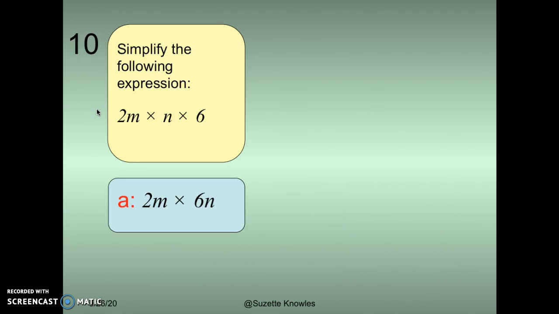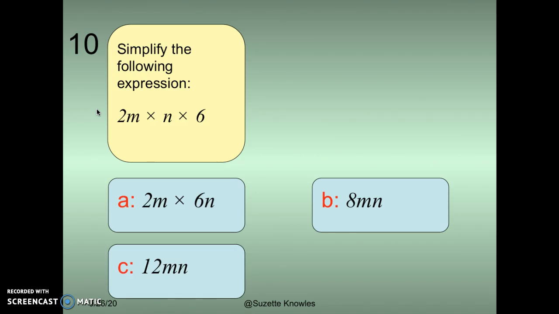And our last question, number 10, we want to simplify this expression. So here is where you will pause. And after you would have completed all 10 questions and identified all of your answers, then you will proceed, okay,